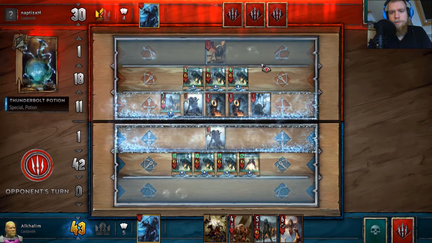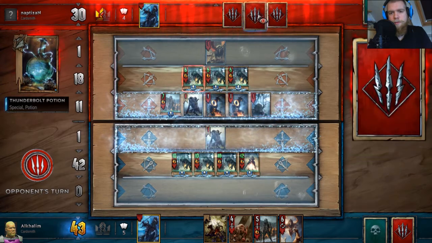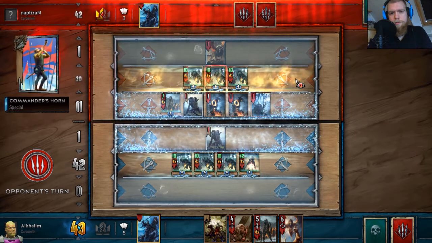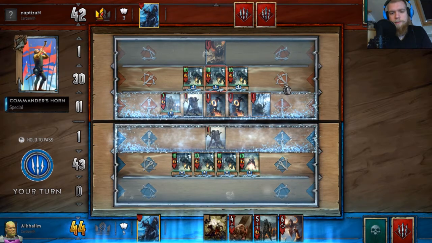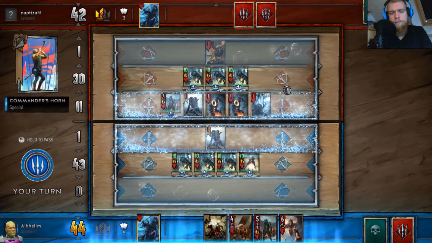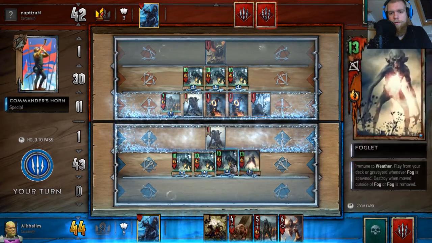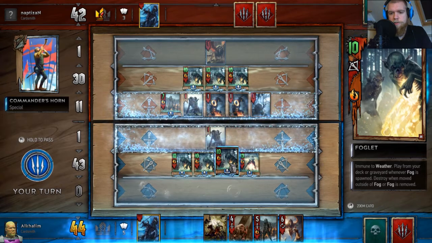And now I think he should really pass, because I don't think he'll be able to take the lead with playing only one creature now. Or is he? He's playing the Commander's Horn, and he took the lead with that. Okay, that's unfortunate. No, he didn't take the lead. But still, do I have anything which is immune to weather? So the Foglets will die when...